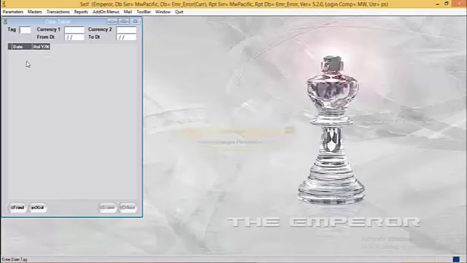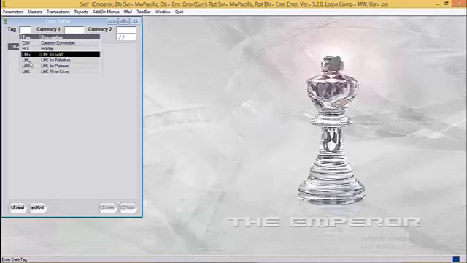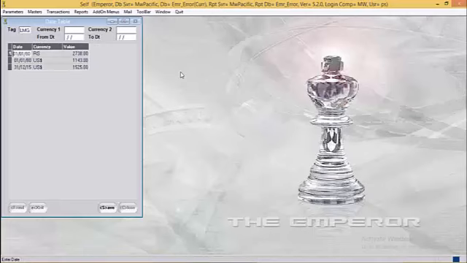Next one is LMG, LML, LMP and LMS. These tags store the London Metal Exchange value for gold, platinum, silver and palladium. This value can be stored currency wise.